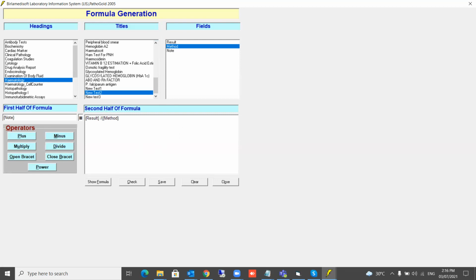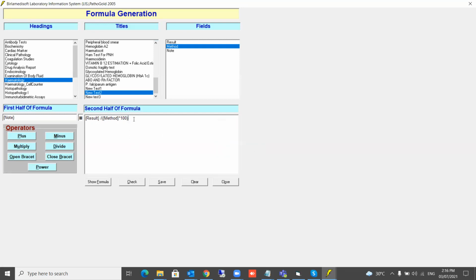Like this. You want to multiply this thing with the 100. Okay. So you say multiply by 100, and parenthesis closed. This way a formula is defined. Now you want to see whether this formula is correctly defined. You can say check formula. Okay, no error. It should not have error.